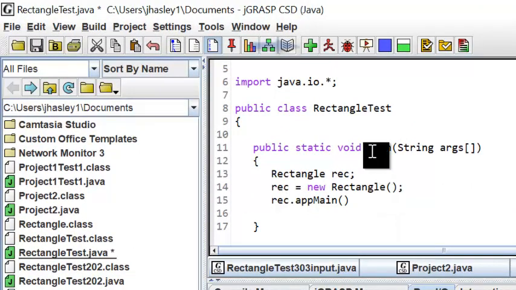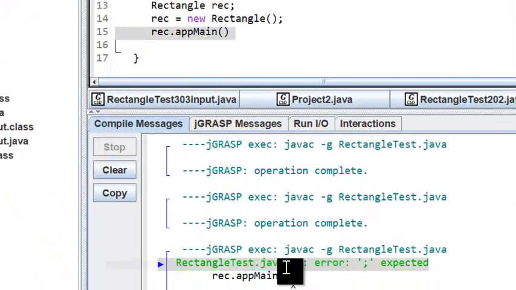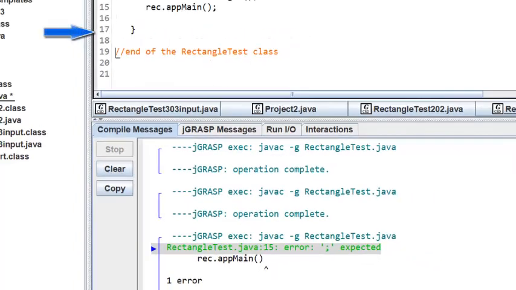When I attempt to compile the program, the compiler gives me an error. It's kind of hidden. It says RectangleTest.java:15. The 15 tells me the line number. Now, don't be fooled. This doesn't always work. Note that if I fix that error, but I take out the bracket at line 19 and I attempt to compile,